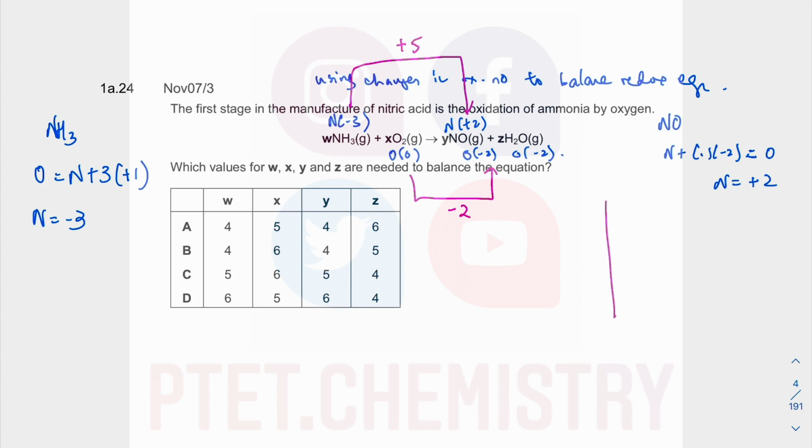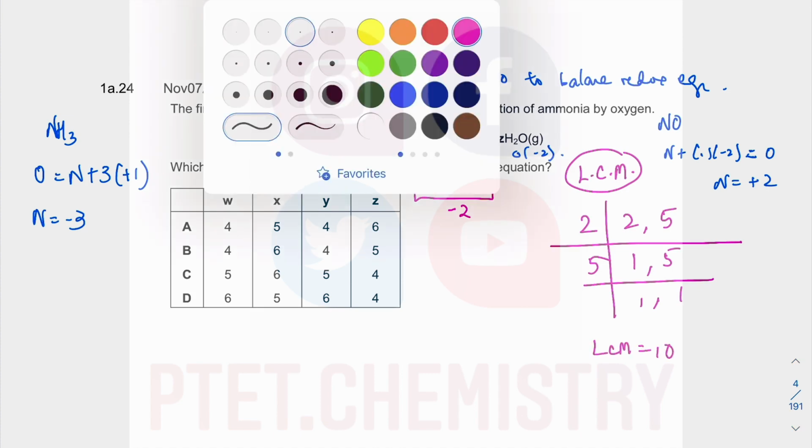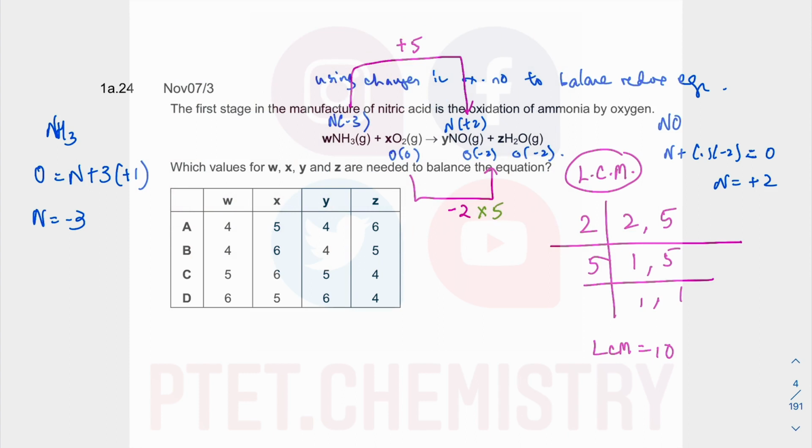So what we can be thinking about is lowest common multiple, LCM, our old friend from primary school mathematics. You want to balance out the changes 5 and 2, so you need to think about the LCM, which is 10. So I need to multiply this thing by 5, and I need to multiply this thing by 2. So I can be thinking about